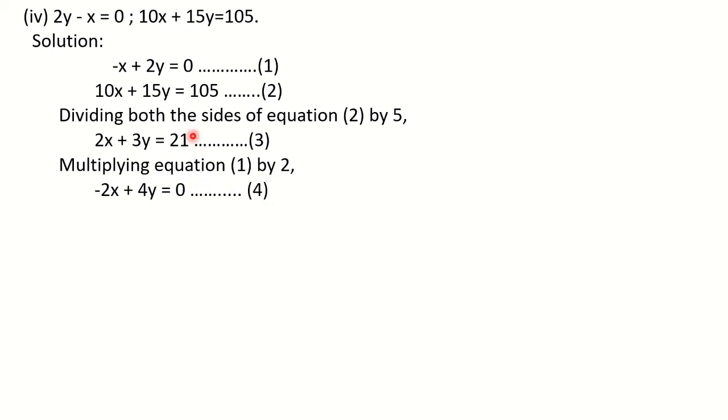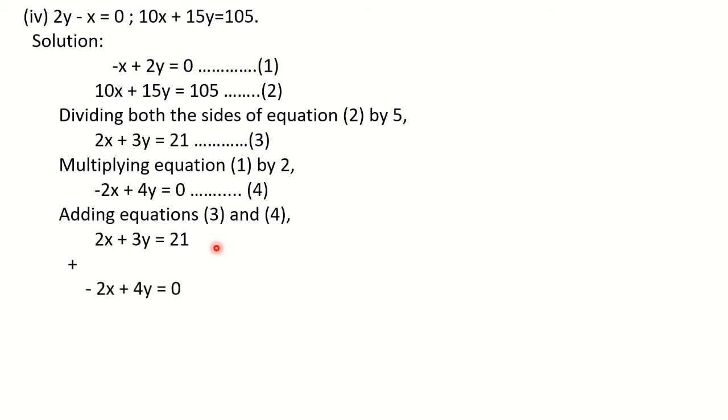So now I will consider equation 3 and 4, because in equation number 1 and 2, both the places we have made changes. Now the coefficients are equal. Then observe the signs. Signs are opposite. When the signs are opposite, what are we doing? Addition. So we are going to add equations 3 and 4. Write down equation 3 up, then a plus sign for addition, then equation number 4 below that.